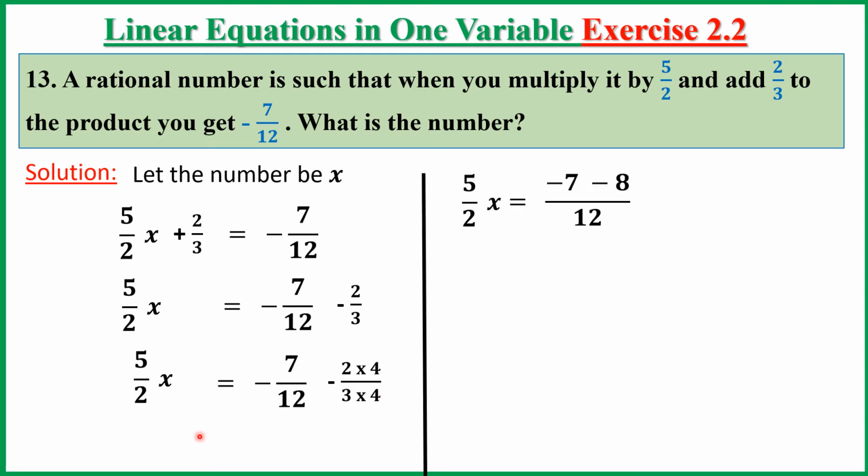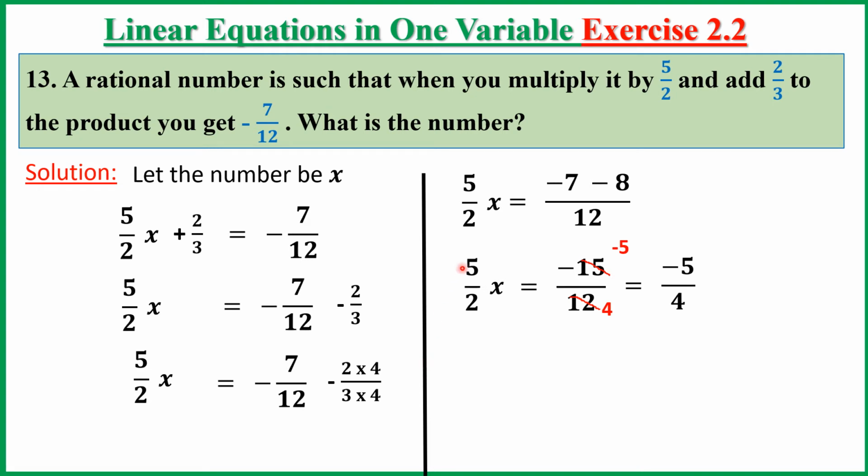So 5 by 2x equals minus 7 and 4 twos are 8. So minus 8 divided by 12. So minus minus means we have to add and then we have to give the minus sign. So 7 plus 8 is 15. So minus 15. 5 by 2x equals minus 15 by 12. Here we have to see whether we can simplify. Yeah, it is 12 and 15. It comes in the 3 table. So this will be 4 times and this will be 5 times. So 5 by 2x equals minus 5 by 4.